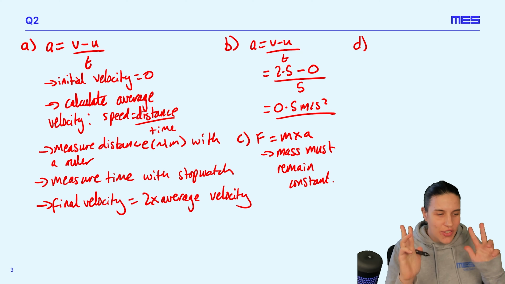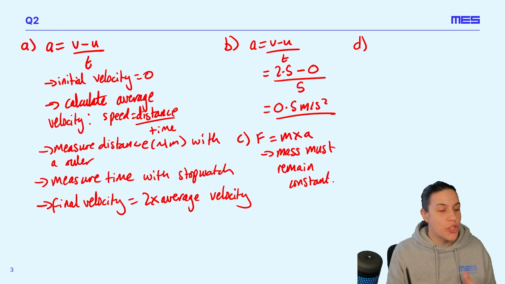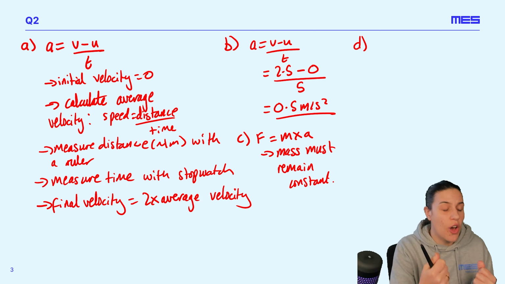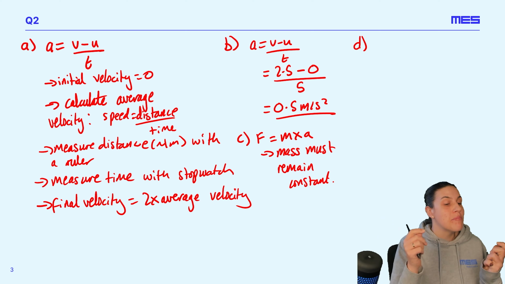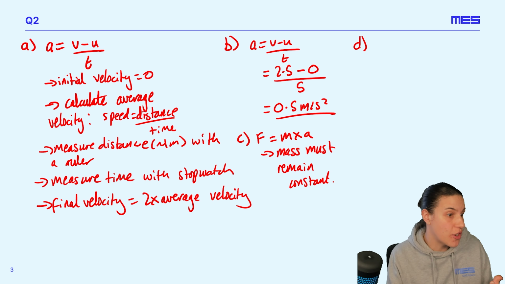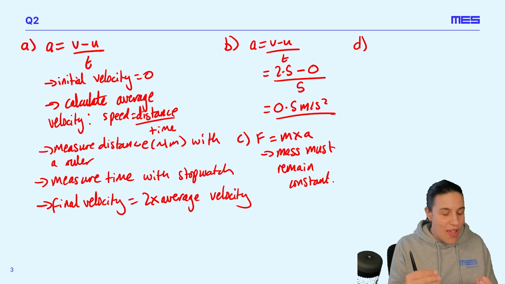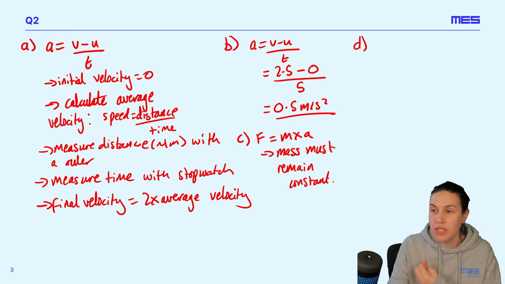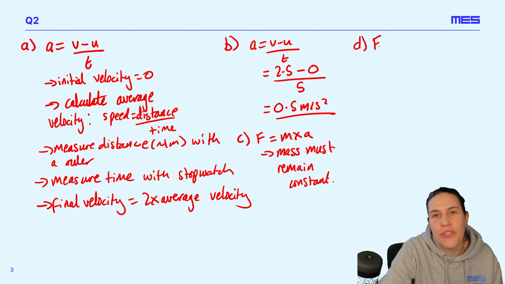So in perfect physics world, we have no friction. So the only force acting on this trolley, the resultant force, is just going to be whatever I want it to be. Maybe I'm using masses that are dangling down off a pulley, for example, okay? But friction is actually going to reduce the size of the resultant force because friction always acts in the opposite way to motion. So we're going to say that friction